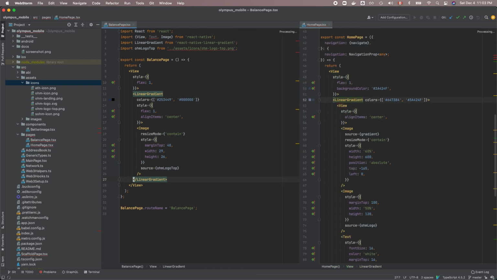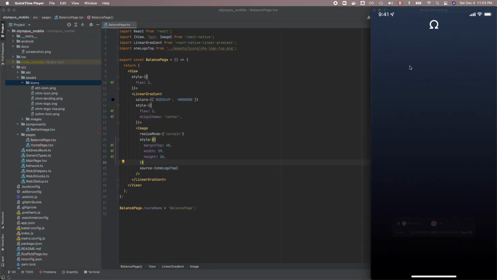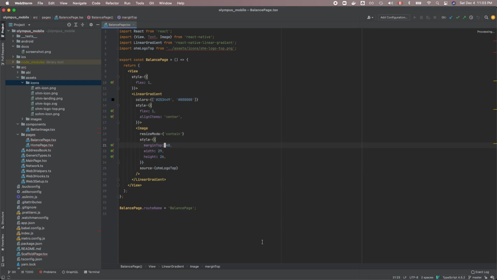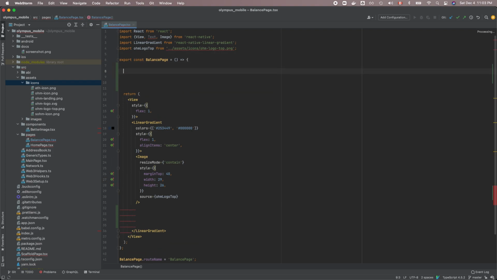All right, so I'm back here. This is the balance page. So you can see the linear gradient, and then you can see the image that we have at the top. Right, so that's everything so far. And let's actually start here, and then we'll do const coins, and then we'll have,